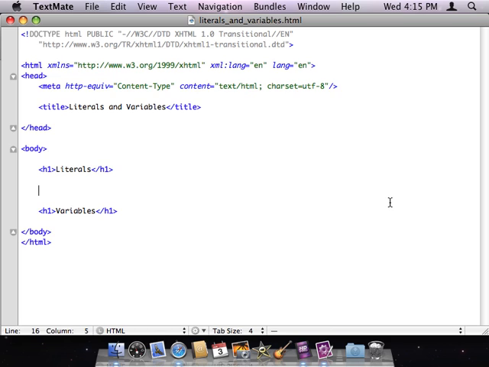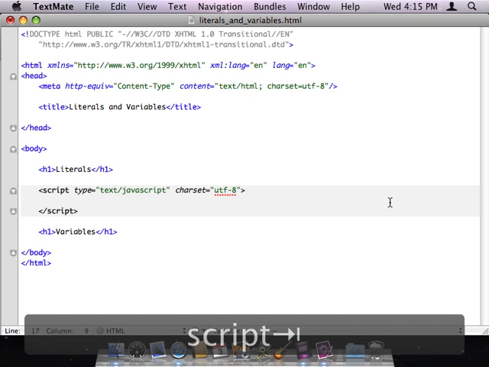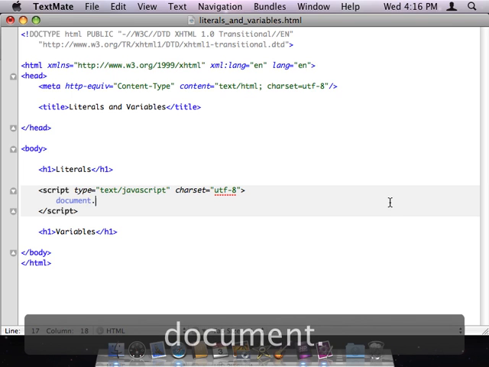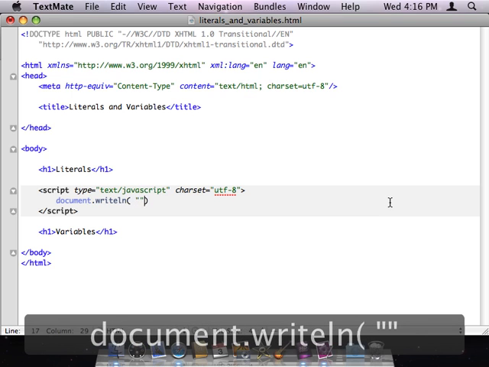And what I plan on doing is below each one of those headers, I'll use JavaScript to actually incorporate some literals and some variables into the body of my HTML document. So let me start off here below the literals section by putting in a set of script tags. What I could then do here inside these script tags is something along the lines of a document.writeLine, where I